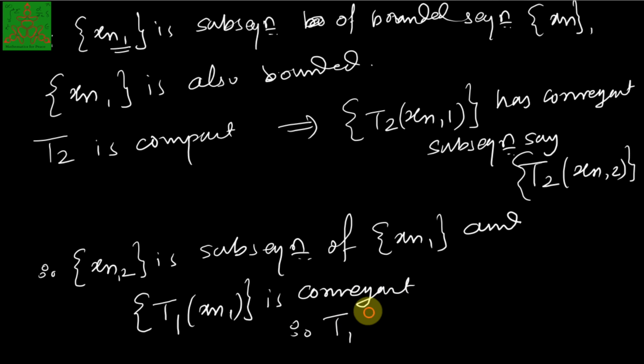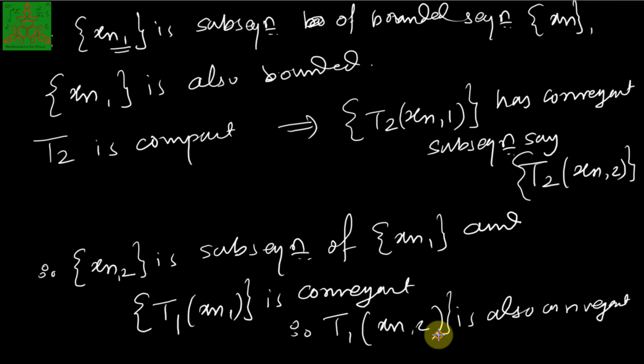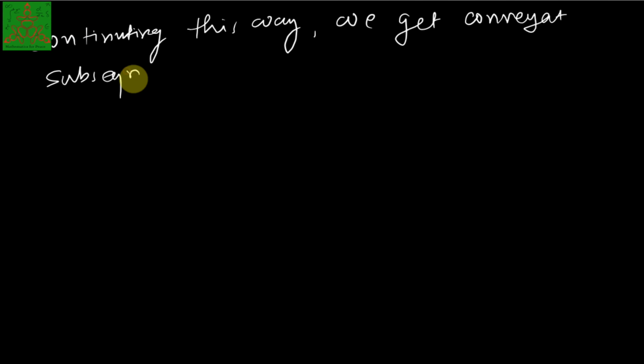Therefore, T1 of x_{n,2} is also convergent. This sequence is also convergent. And if you continue in this manner, the next time you can have a subsequence T3 x_{n,3} which will be convergent, and x_{n,3} is a subsequence of x_{n,1}. So I can have the same scenario. And so continuing in this manner, we get a convergent subsequence x_{k,k}